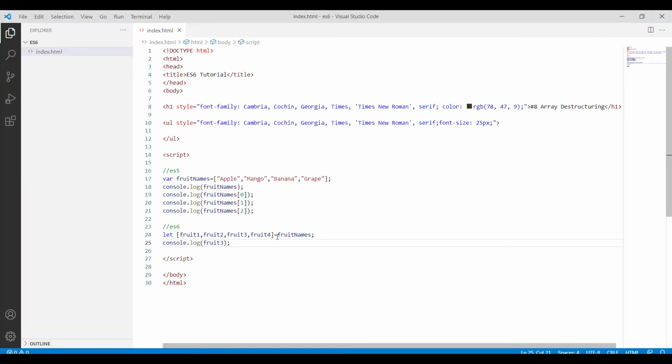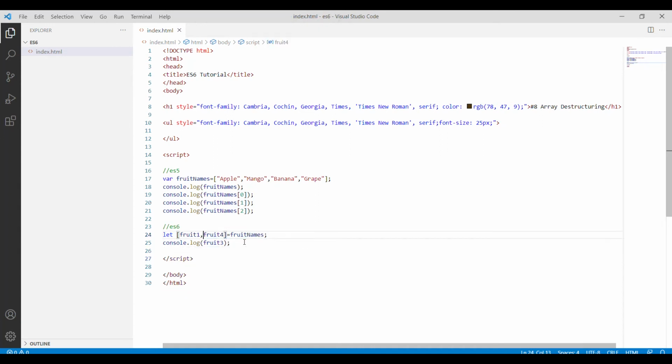Now the question is, what if in my application I will use only apple or grape? The others are not required for me, and unnecessarily I don't want to assign these values to any variable. So how will you do that? We can make the change here only.